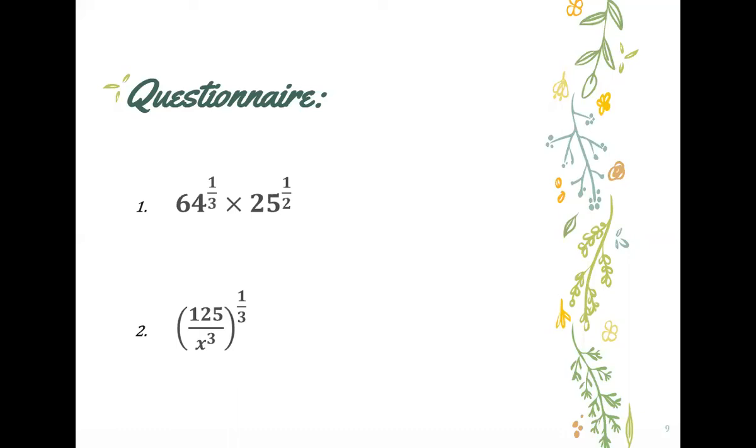Okay, 20 is the answer. Are you sure? How? Yes, very good. All of you are giving the right answer. Answer will be 20. Now, how will you get 20 here? You will take the cube root of this 64. So the cube root of 64 will be 4, since 4 multiplied by 4 is 16, and 16 multiplied by 4 is 64. And here you will take the square root of 25. So what you will get, 4 multiplied by 5. So answer will be 20. Yes, very good. All of you are giving the right answer.